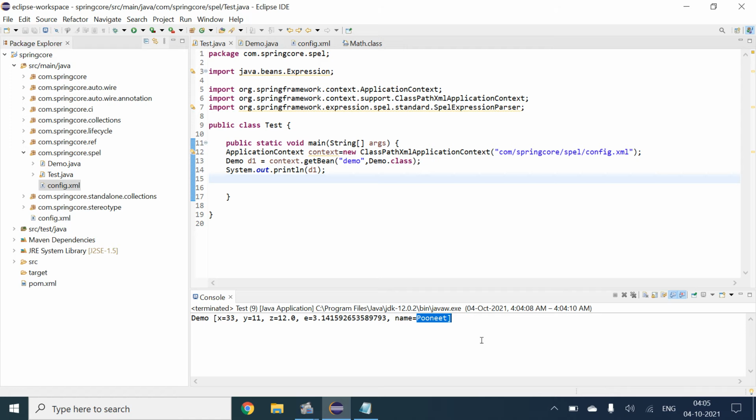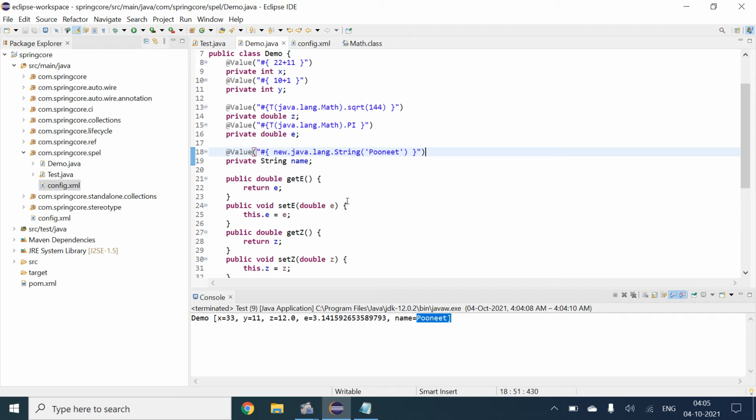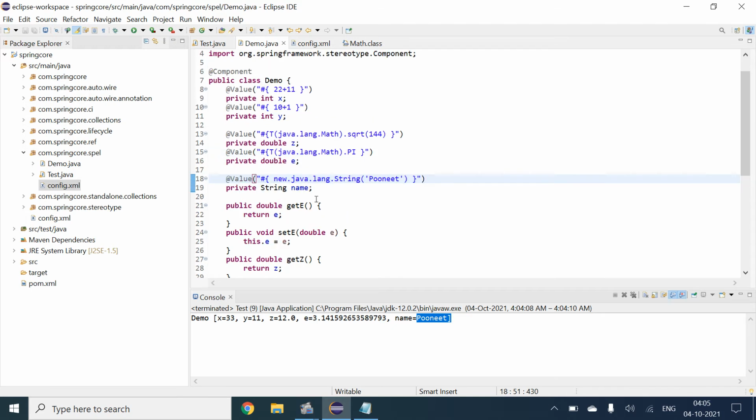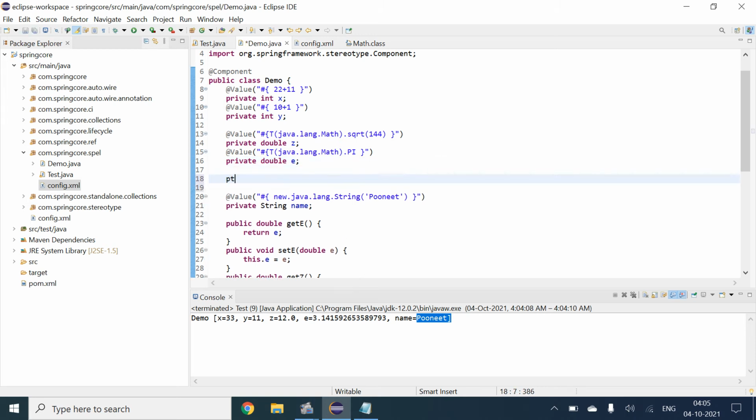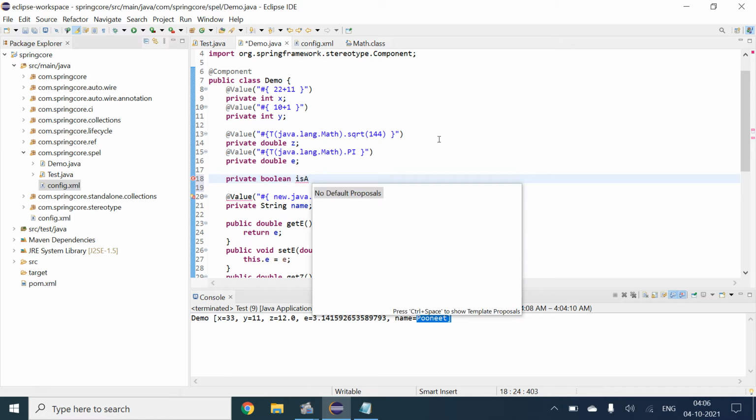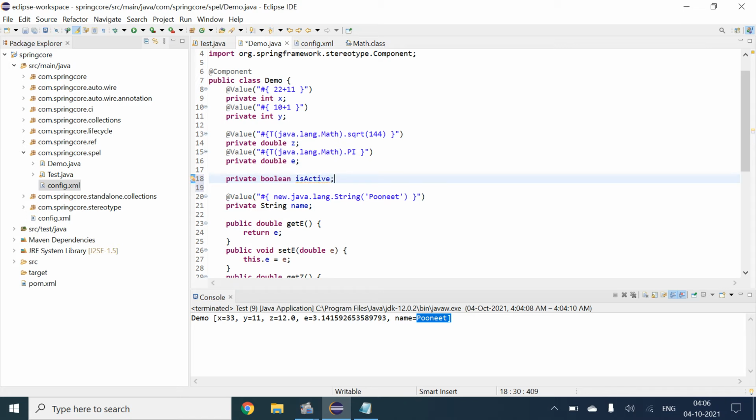So now I will go to the demo class and I will give an active. I will give another thing, that is private boolean isActive. So it means true or false.